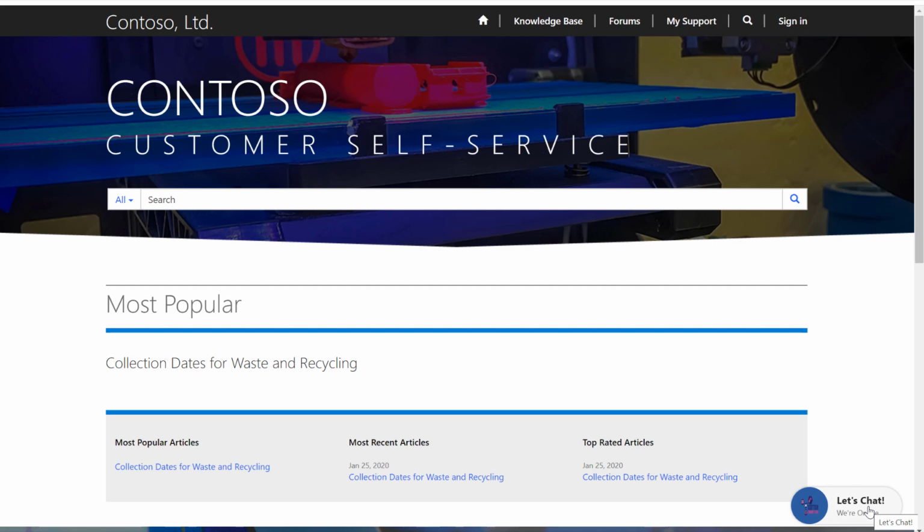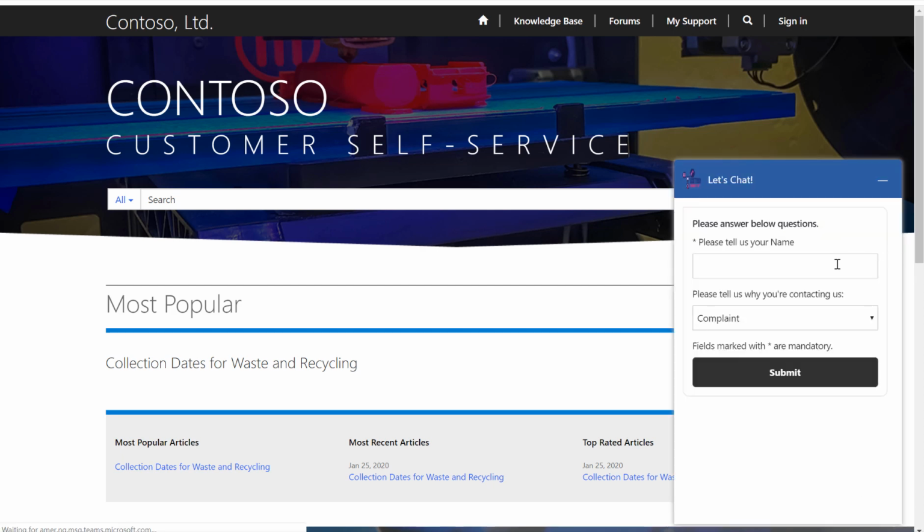If you wanted to customize the button further, you'd have to create your own button and, using JavaScript, integrate with the Omni-Channel Engagement Hub service, which would allow you to initiate a chat similar to how the standard would initiate that chat. So clicking on that button, it takes me to the pre-chat questionnaire that I've actually configured.